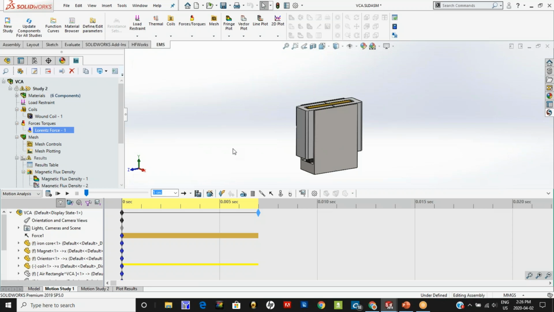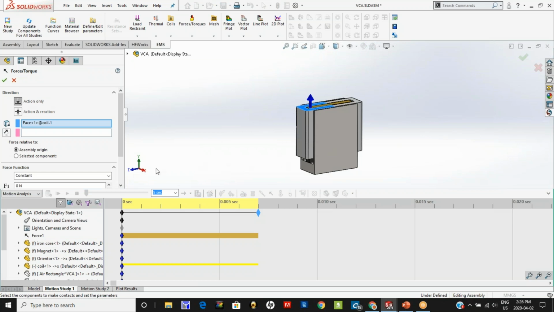And so we couple that with SOLIDWORKS motion. We want to study that for about 7 milliseconds to see how far the voice coil is actuated. So we create a motion study for 7 milliseconds, and then we create a force acting on the voice coil,